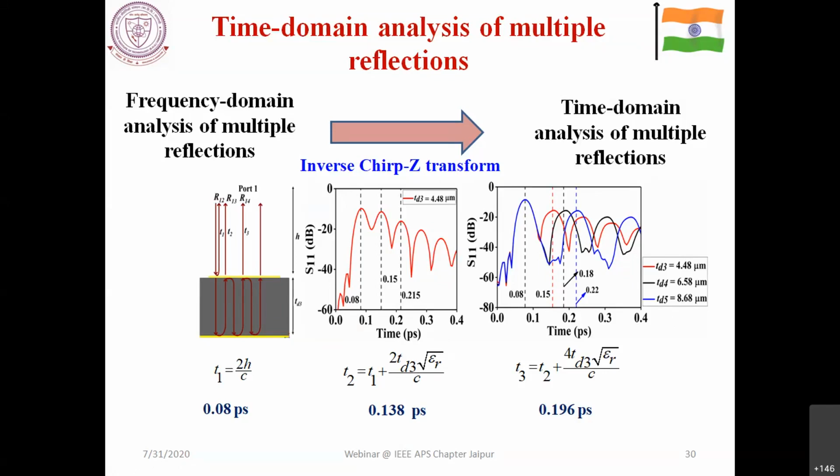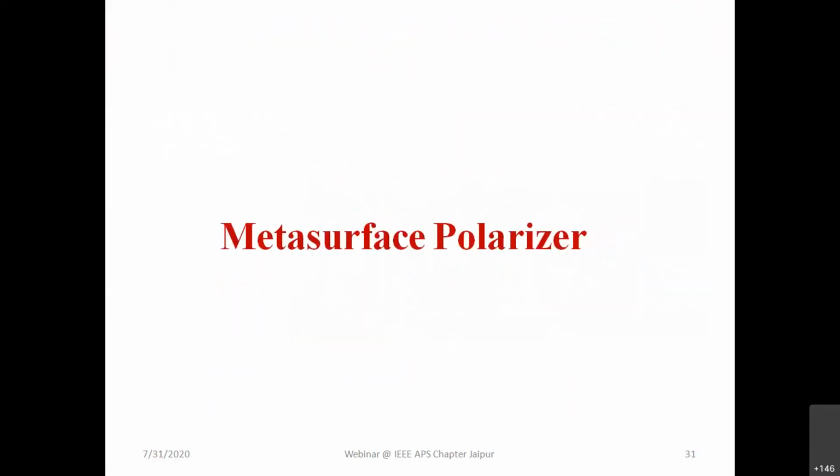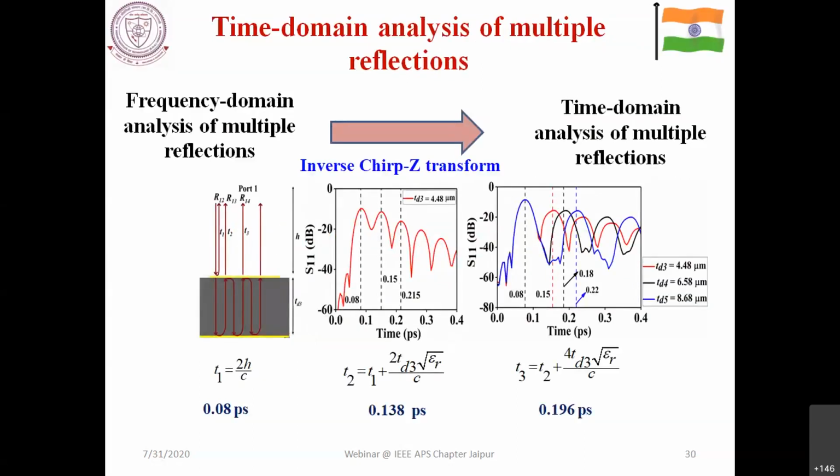Since they are getting changed, it is a very easy thing. If the thickness changes and you are measuring at this point, the time instant will definitely come at a later instant of time. Hence the first peak is received at the same time for all the cases, while the time of the second peak changes, as we read from this. So this is one of the approaches while doing the time domain analysis for the metasurface design.